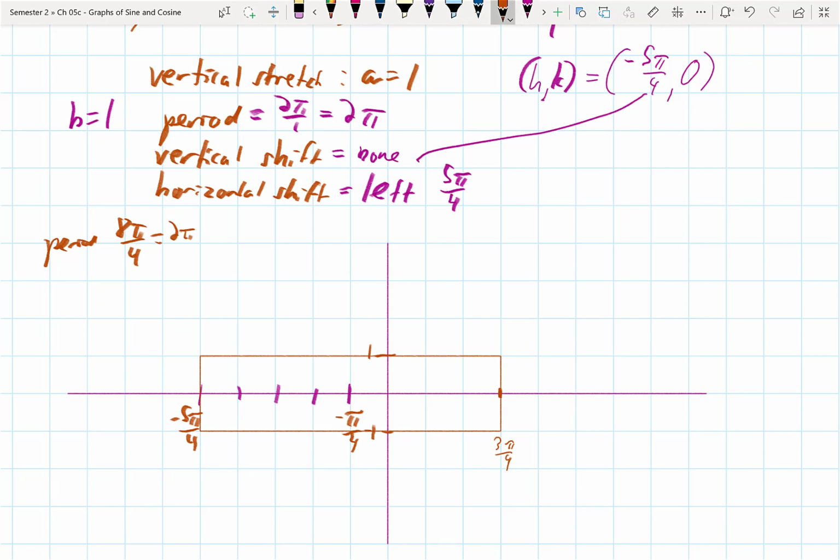Now we're going to have to get a little bit tricky because this is a cosine graph. Cosine starts at its maximum and it ends at its maximum. Halfway between its maximum points is a minimum point. Halfway between its max and its min is a baseline point on both ends. And if I draw this very carefully, I now get a very stretched out looking